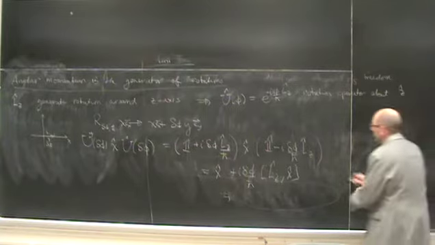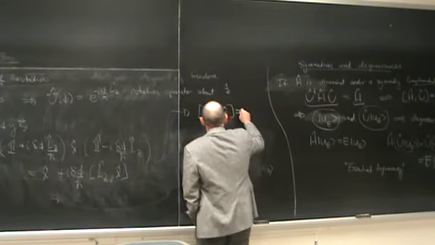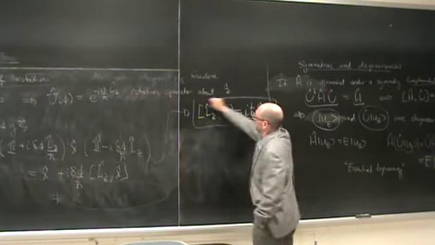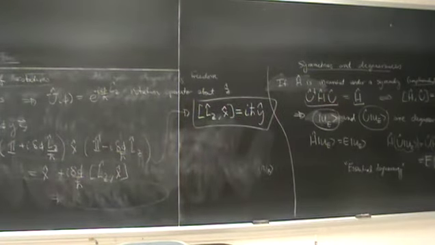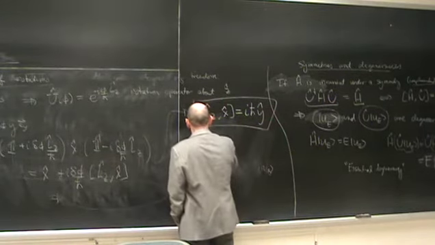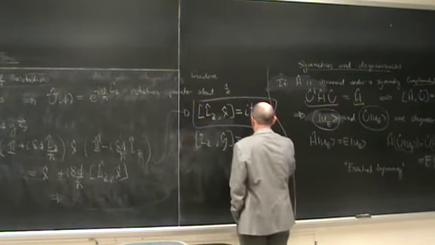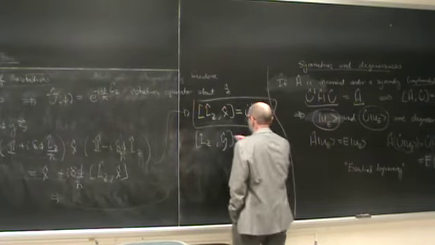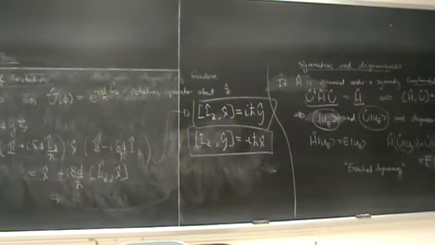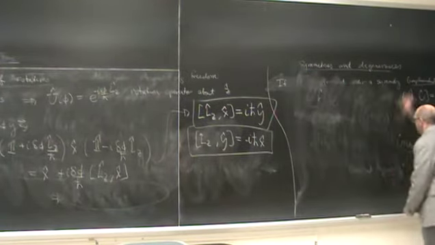And what that tells me thus is that it must be the case that the commutator of LZ with x is equal to i h bar y in order to generate that rotation. Similarly, if we went through it, we would find that the commutator of LZ with y is minus i h bar x. We saw that. That certainly works because the